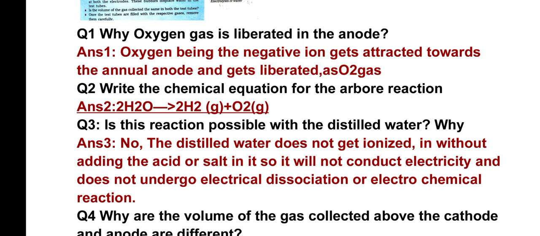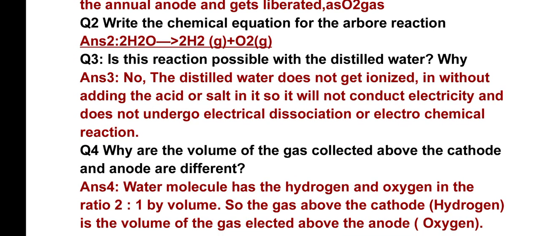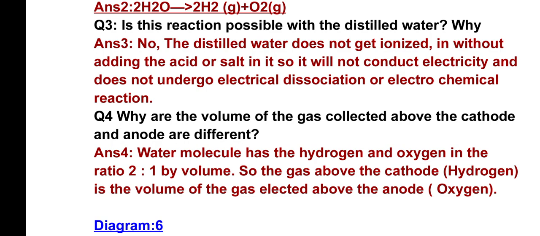Why? Oxygen, being a negative ion, gets attracted towards the positive anode and then it is liberated as oxygen gas. Now, the chemical equation for the above reaction is H2O gives H2 plus O2. 2H2O gives 2H2 plus O2. In this reaction,